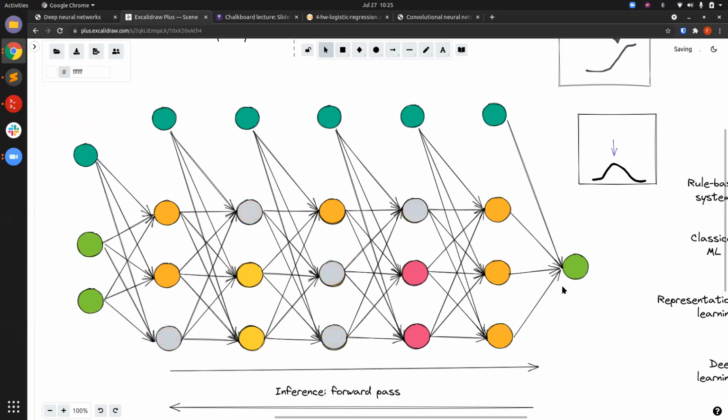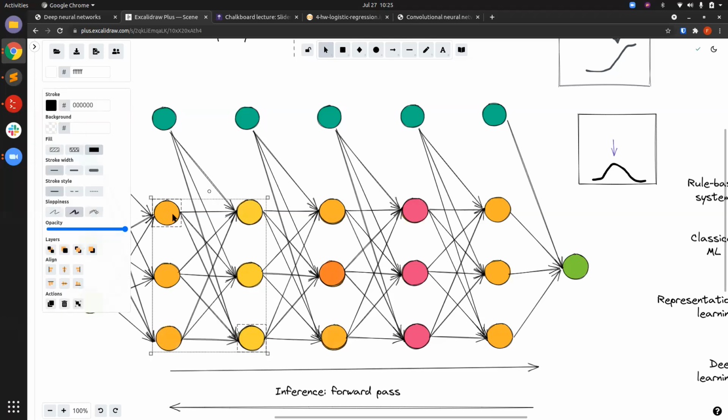Imagine these neurons are zeroed out. That means they don't get any inputs from the previous layer and they don't produce any outputs for the next layer. In every iteration of training,